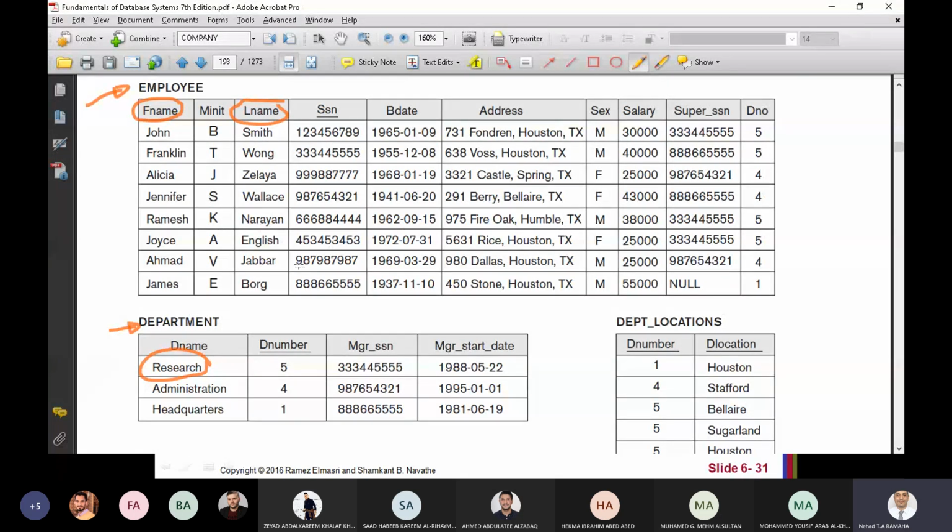How to connect between them? This foreign key and this primary key. So we have to check that the department number inside the employee equals the department number inside the department, and the department name should be research.